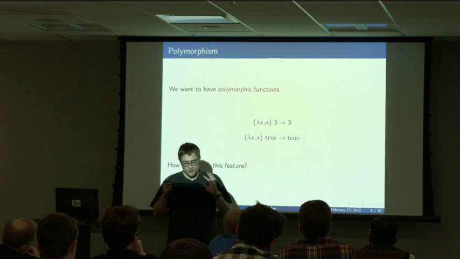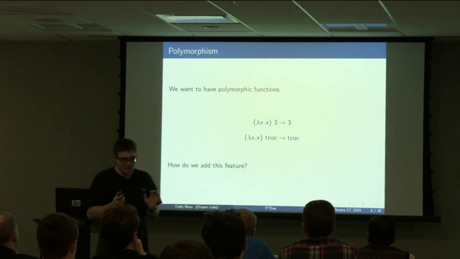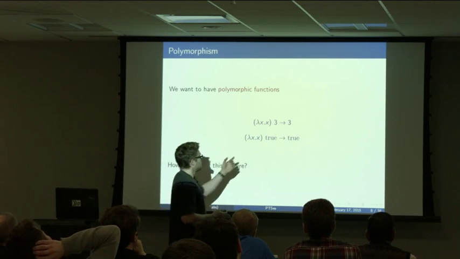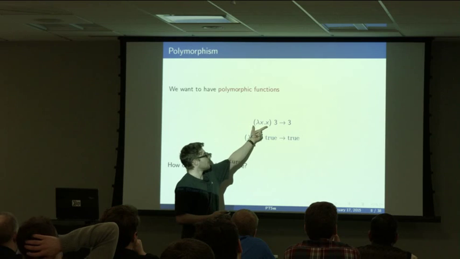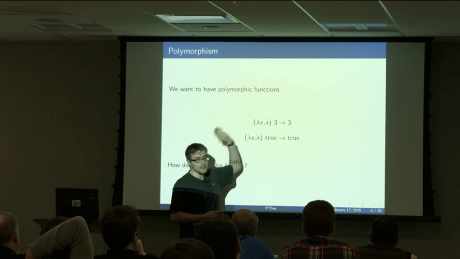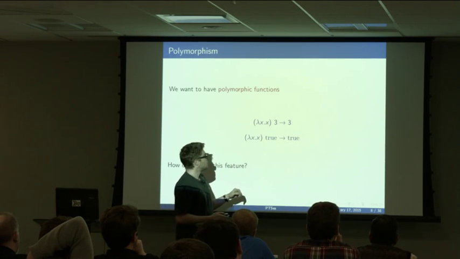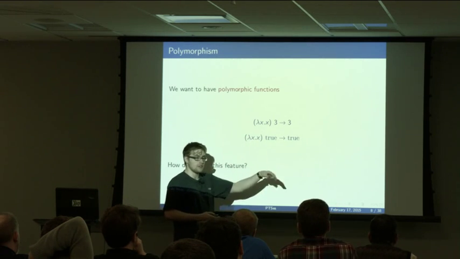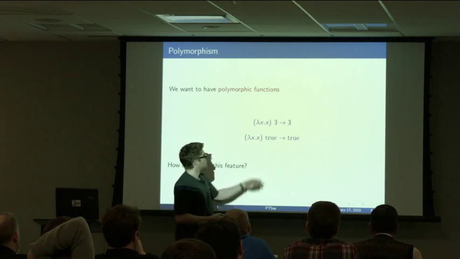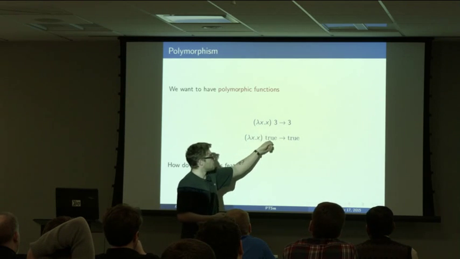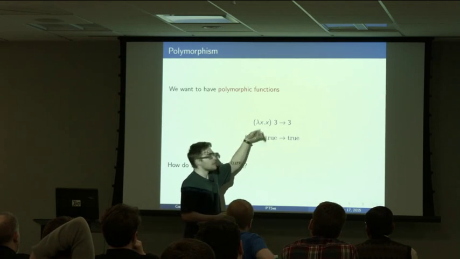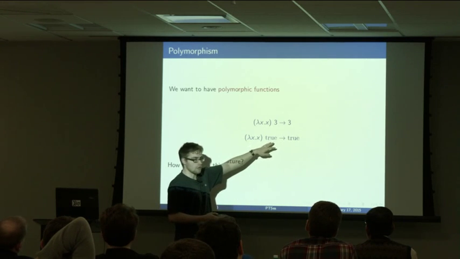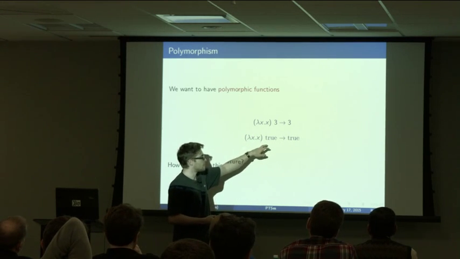Okay, so it's nice, but it is a little bit limited. And in particular, it seems kind of silly that in simply typed lambda calculus, you can take this function, lambda x, x, and it just has one type. It has type int arrow int, or bool arrow bool, and you can't really do these two things, which is apply it to 3 at one point, and then somewhere else in your program apply it to true. This should have a capital T, I guess.